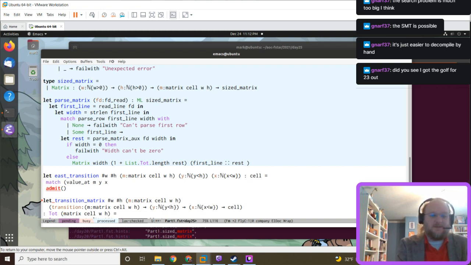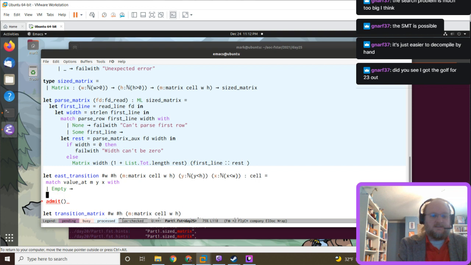So we'll keep it broken up. So it could be empty, it could be east, or it could be south. If it's a south, it's going to stay pointing south. So if it's empty, then we need to look at the value to the west.